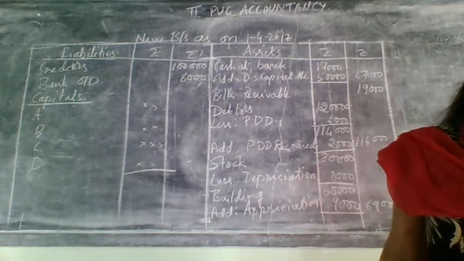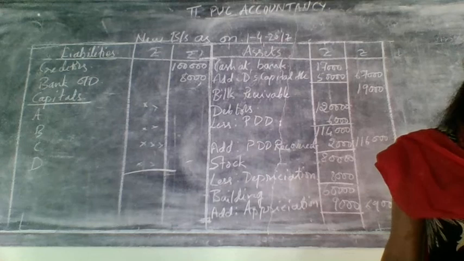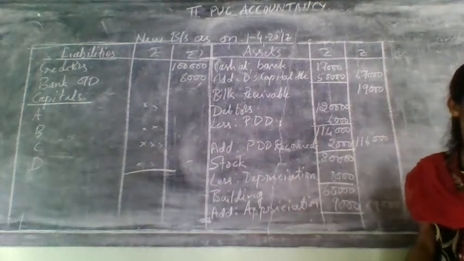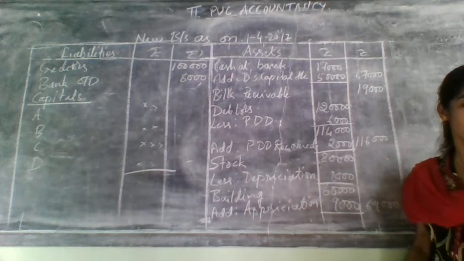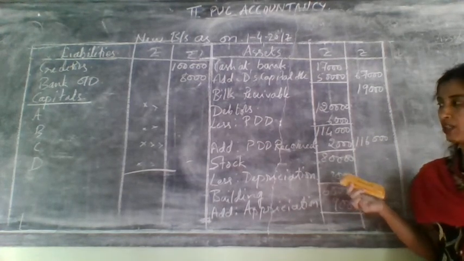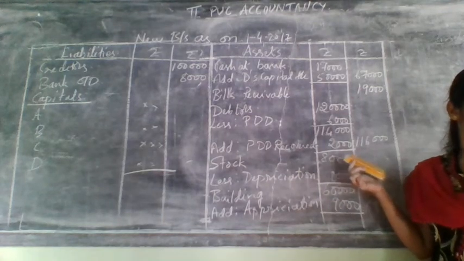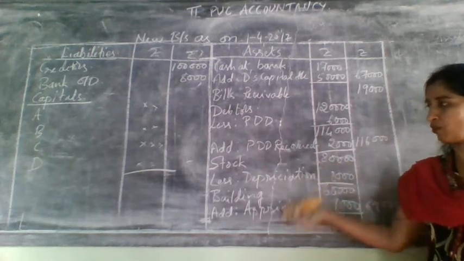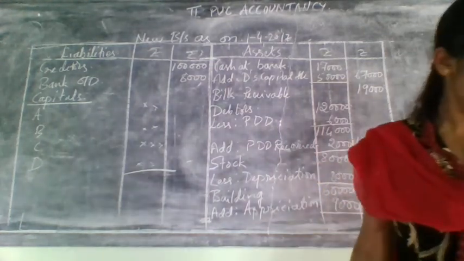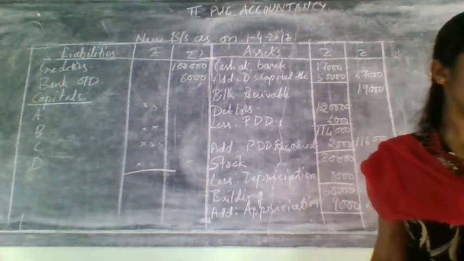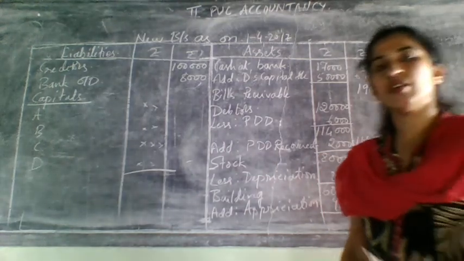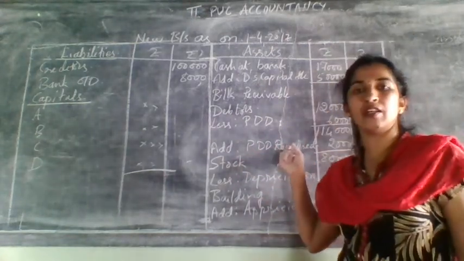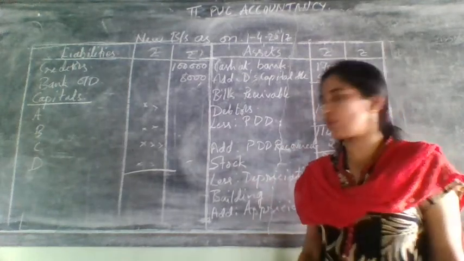After that, next you are having stock reduced by 10% and increase building by 9,000, increase building up to 69,000. That means 2 adjustments, one is related to stock and one more is related to building. One time you have taken it there in the revaluation account, one more time you have taken here. Over. Next, provision for doubtful debt decreased by 2,000. One time you have taken it in the revaluation account and one more time you have considered here. That means all adjustments were over.